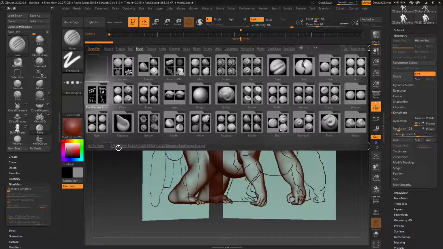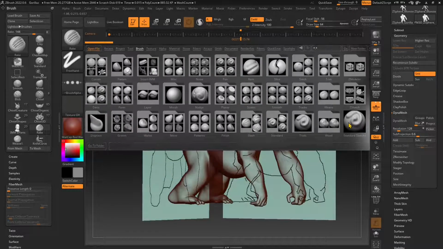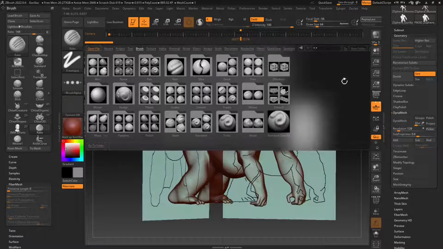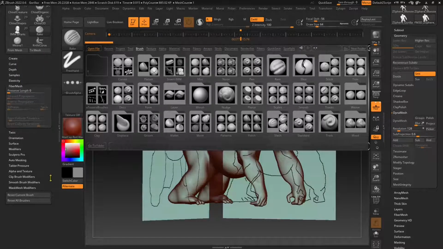So if you want to go in a certain area like Move, you will go to the Move folder, or if you want Slash, you will go in the Slash folder, or like create scales and work with Clay. So everything is well organized in the Lightbox. Definitely have a look at that. And also we have other